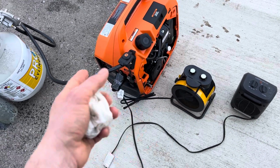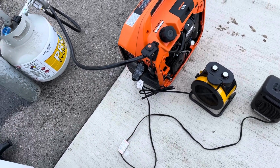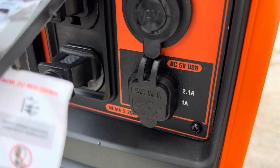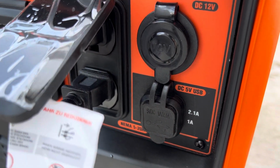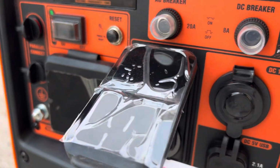And then you can still plug in your cell phones and anything else you want to charge with USB-C ports. It's got 2 USB ports. It's also got a cigarette lighter port. It's also got